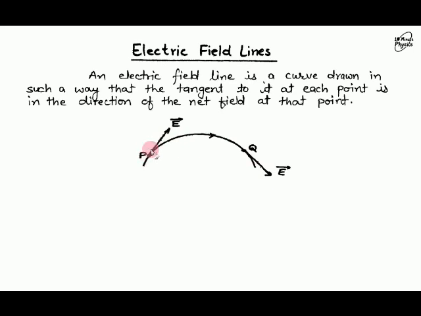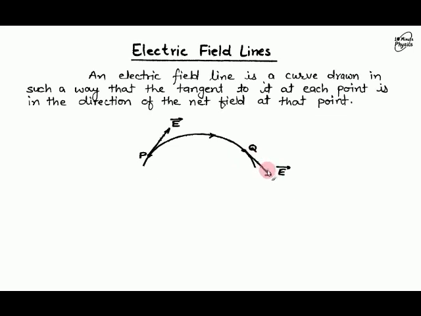Now if I have a charge q, how will I say that this charge q has an electric field? If it exerts some force on the neighboring charge, then only we will come to know that it has an electric field. So electric field is defined as the region or space around a charge whose influence can be experienced by a neighboring charge which is placed in its area. It is called that the charge has an electric field.